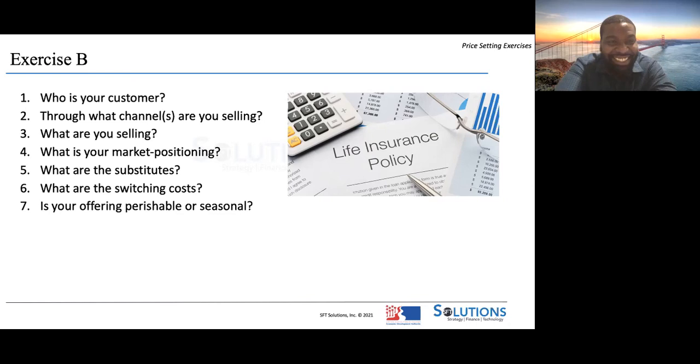But life insurance, it's something that you need always, I think, until it's that time. So I don't think it's seasonal. I think, I don't know. Yeah, I'm stuck on this. I would say it's perishable because you touched on it before. It gets more expensive as we get older, right?